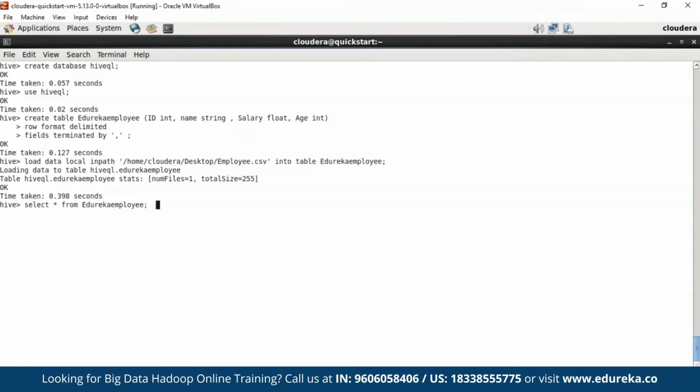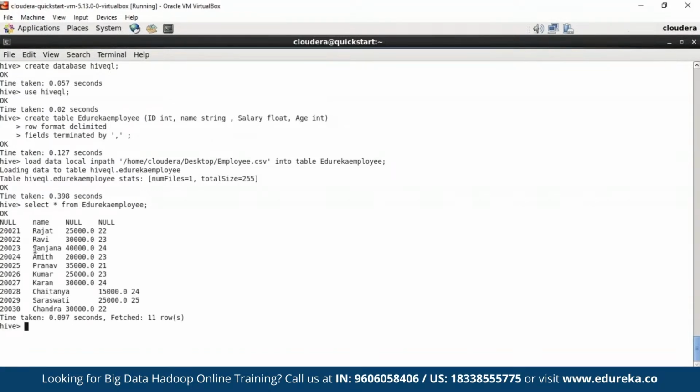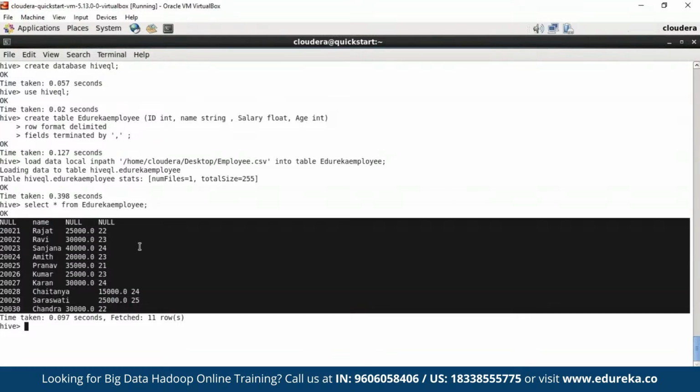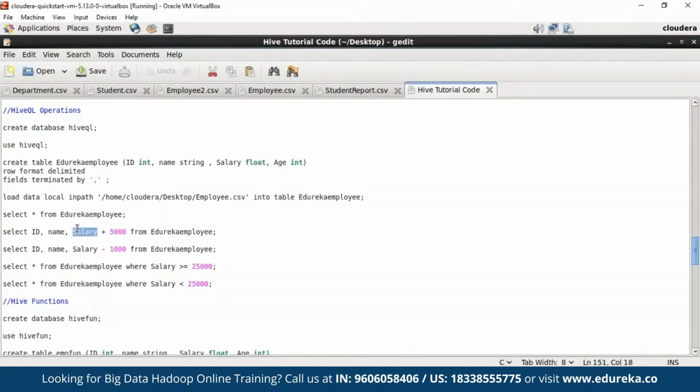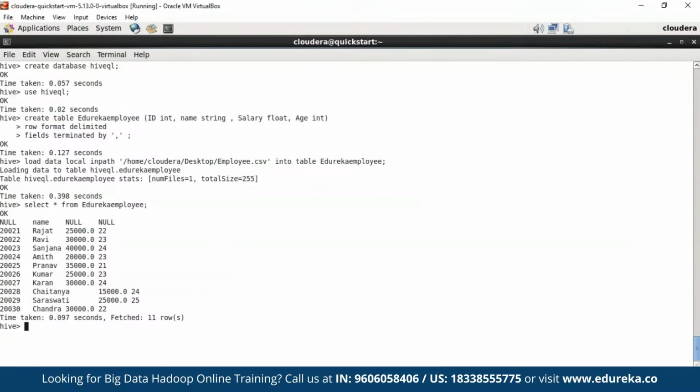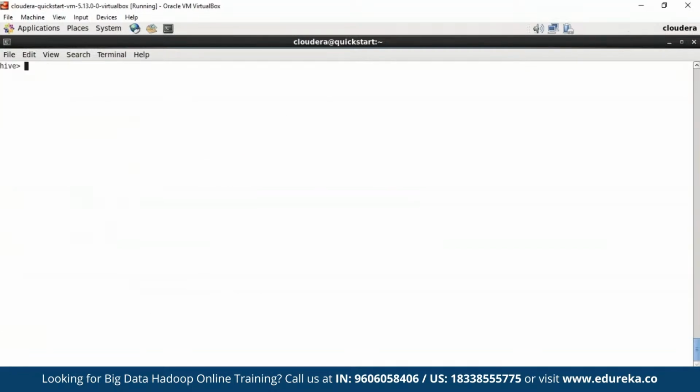We can use in the command select star from the table Edureka employee. So there you go. These are the details or information present in the table Edureka employee. Now we shall see what are the functions that we can perform on this particular file. Since we discussed that the mathematical operations and logical operations can be performed on Hive, so let's try to